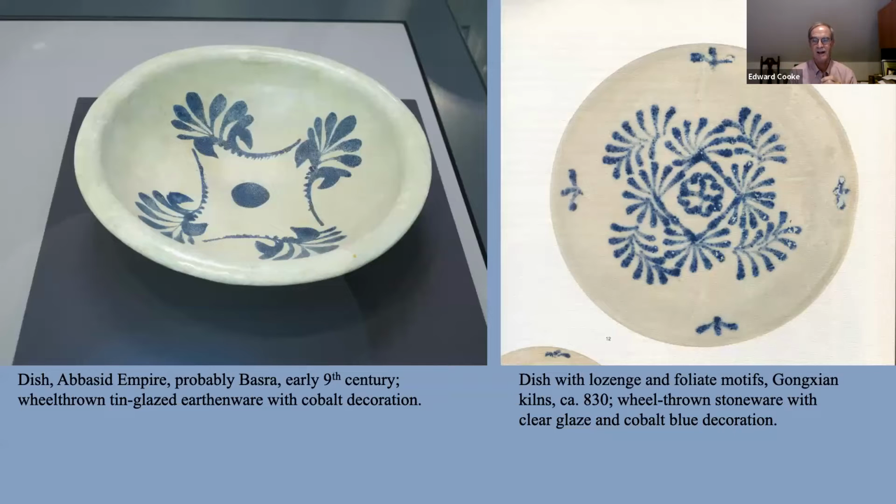And I think that kind of notion about blue and white is another one of these issues that really needs to be addressed through this kind of global lens, because now with most people, when you say blue and white ceramics, you automatically think Chinese porcelain. But the history is quite a bit deeper than that, in that the Abbasid empire in the Arab Peninsula was developing a different blue and white that was based on a tin oxide over an earthenware body, but using cobalt from a certain part of what is now Iran to decorate, to set up this blue and white